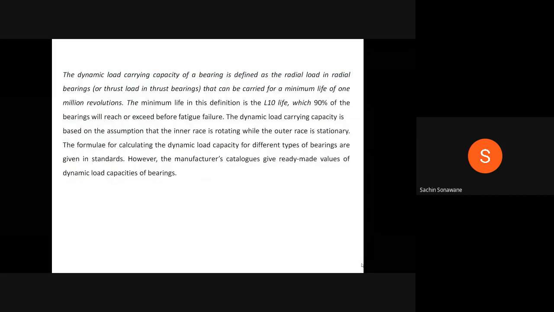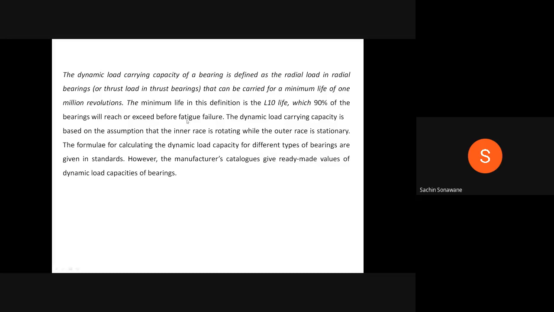Now, again I will start. The dynamic load carrying capacity of a bearing is defined as the radial load in radial bearings or thrust load in thrust bearings that can be carried for a minimum life of 1 million revolutions. The minimum life in this definition is the L10 life, which 90% of the bearings will reach or exceed before